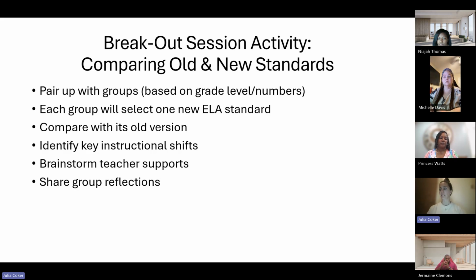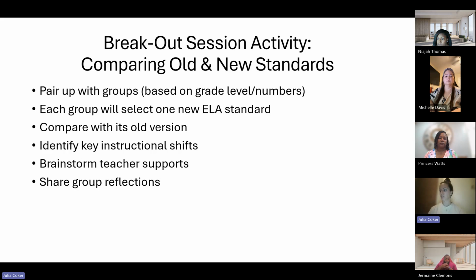This is going to help identify where resistance might come up, because those shifts can often create the most anxiety. And I think if teachers have an idea of what they're about to get into, it helps relieve some of that anxiety, maybe frustration, maybe weariness of the unknown of what to expect. And then I would